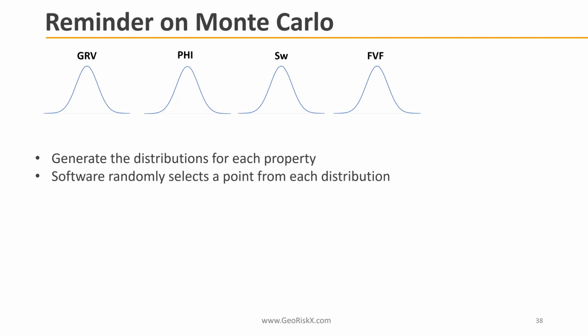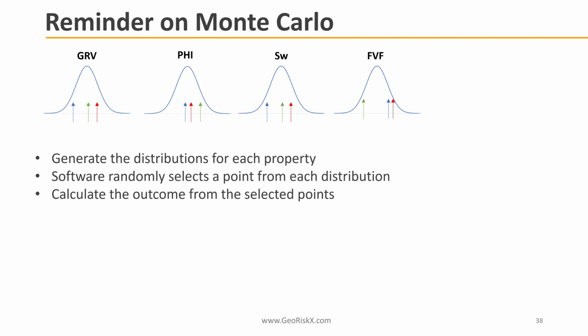Then the software is going to randomly select a point from each of the distributions. So it's going to grab our gross rock volume here, our porosity here, our saturation here, our formation volume factor here, and then we'll do that calculation, and we'll repeat this. We'll run this trial again and again, and so on. Once we've done this, we're going to calculate the outcome from each of these